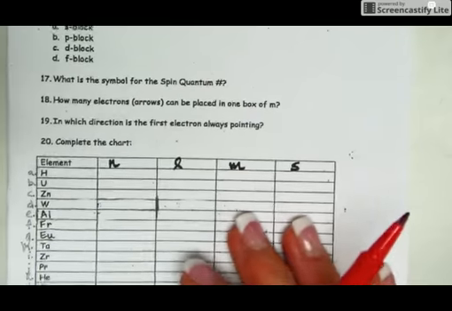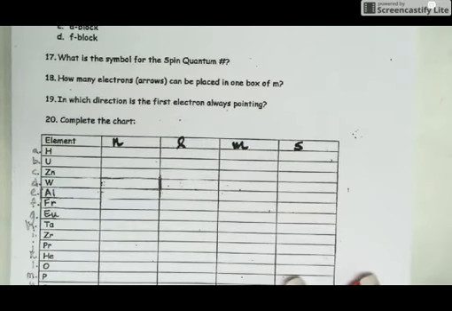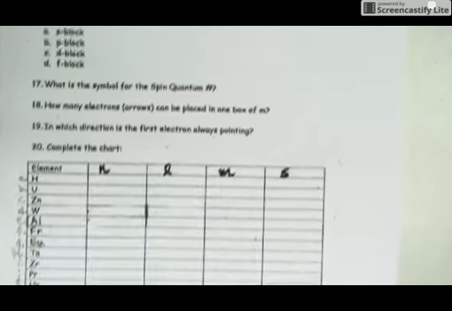Okay, so we're going to go over number 20 from the homework from last night, and I'm going to go over a couple of these really slowly with you, and then I will go over the last part kind of quickly. Hopefully,